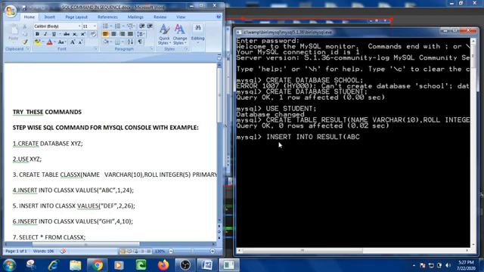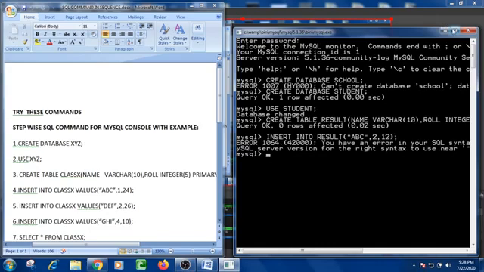Whenever you are going to enter the value as an alphanumeric or a character type, then we have to give the double quotes. Okay, then comma for the roll number. Suppose that I am giving the roll number 2, comma. Suppose that I am giving the rank 12. Clear? Now give the bracket, enter,